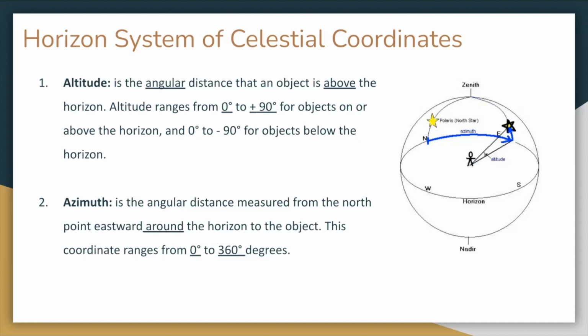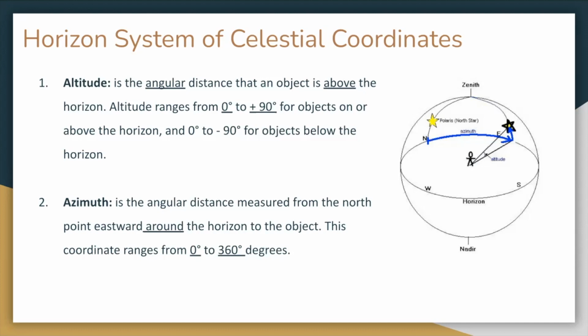They are made up of altitude and azimuth, where altitude is the angular distance that an object is above the horizon. So how many degrees above the horizon something is. Your altitude ranges from 0 degrees at the horizon to positive 90, which would be at the zenith, directly overhead. For objects below the horizon, altitude will range from 0 to negative 90, which would be the nadir,